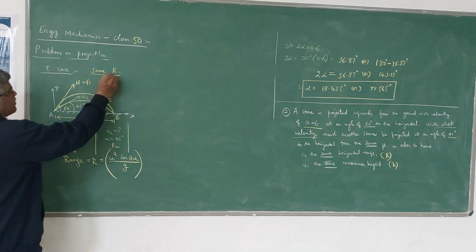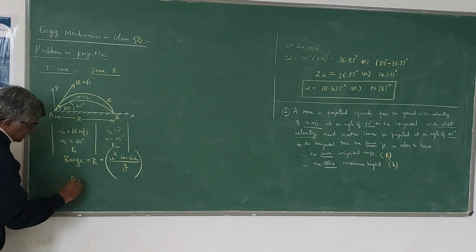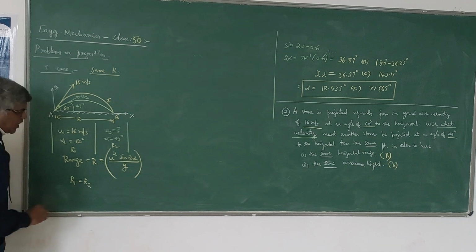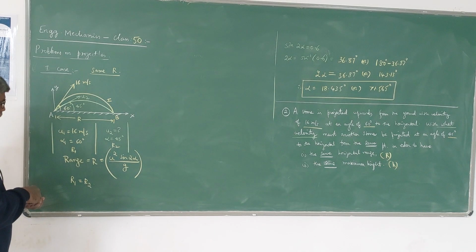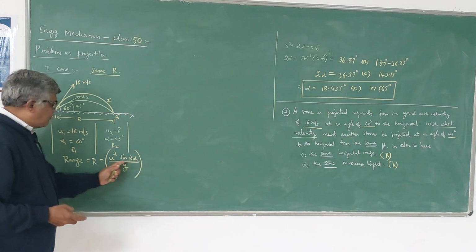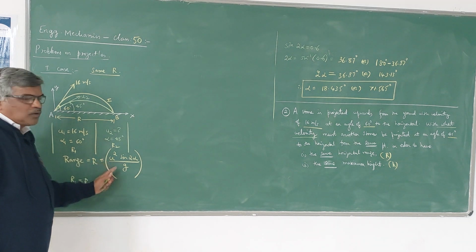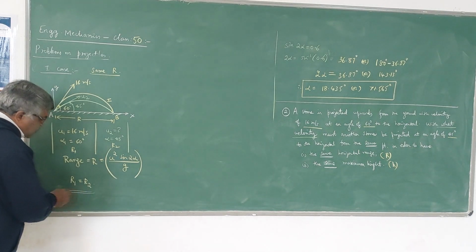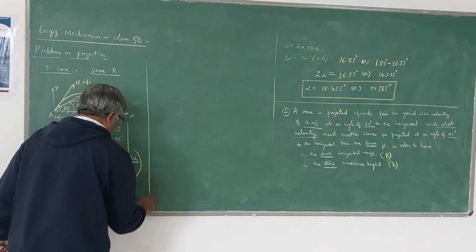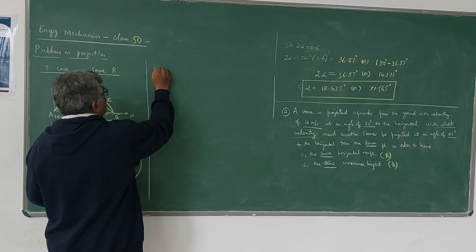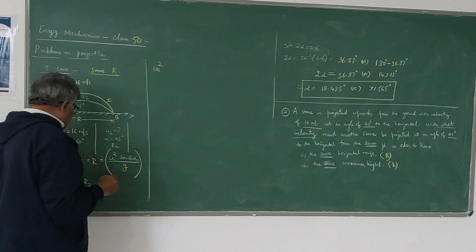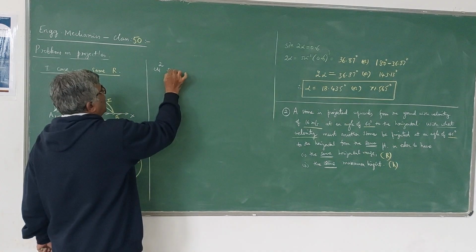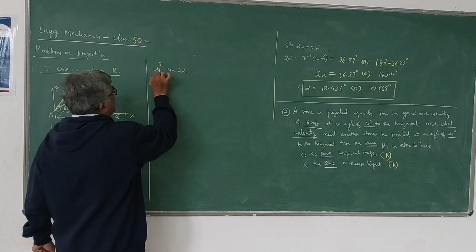Since we have the same values of range, R1 is equal to R2. So u becomes u1, alpha becomes alpha 1 for the first stone; u becomes u2, alpha becomes alpha 2 for the second stone. Now if I use R1 is equal to R2, the equation becomes R1 is u1 square sin 2 alpha 1 divided by g,